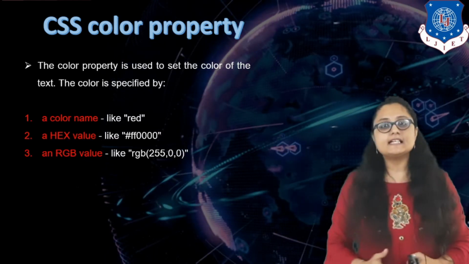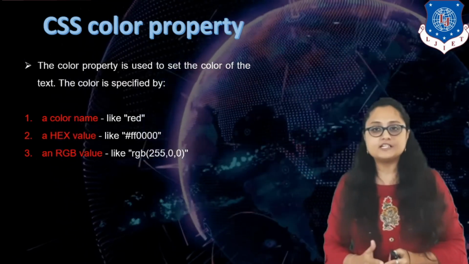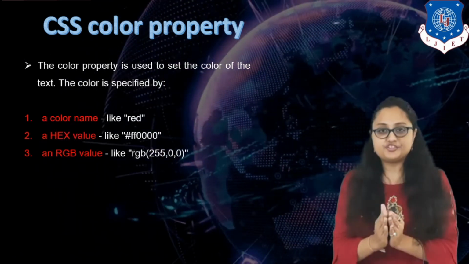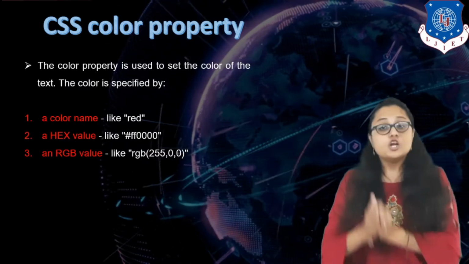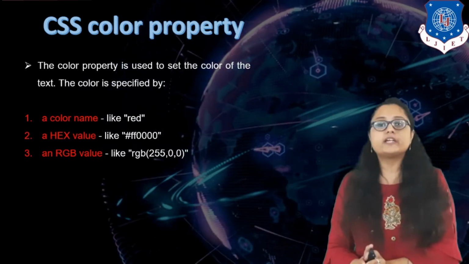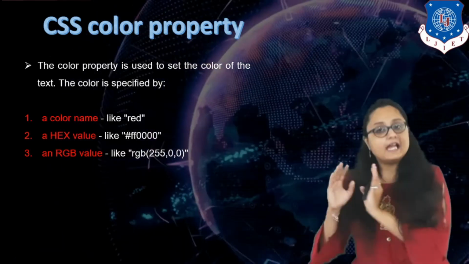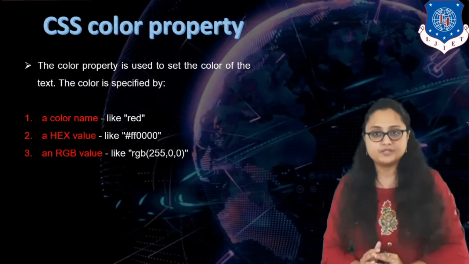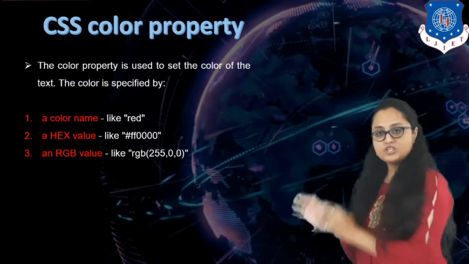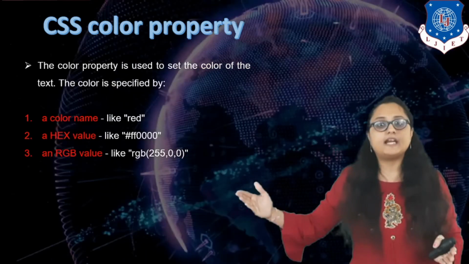Here you can see that I have specified FF 00 00. What does it mean? It means that for the first pair I have specified maximum intensity of red, that is FF. For the second pair, that stands for green color, I have specified minimum intensity, that is no green color should be there. And for the third pair, again I have specified minimum intensity, that is no blue color should be there. So you can understand from this what will be the color in your output? It will be the darkest red color.